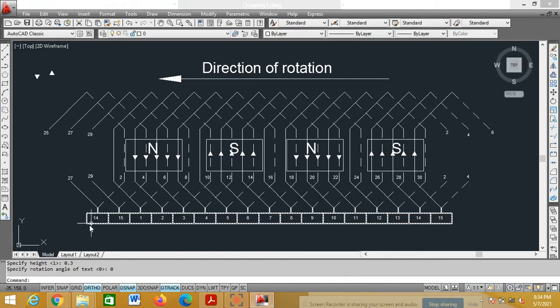Press escape. Place all the commutator segments.